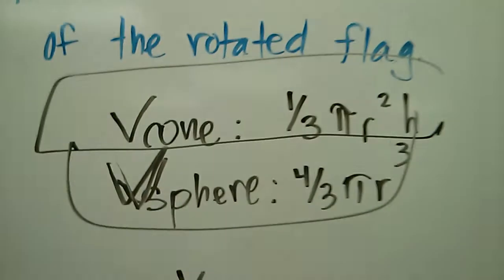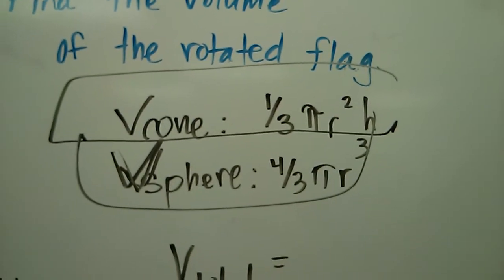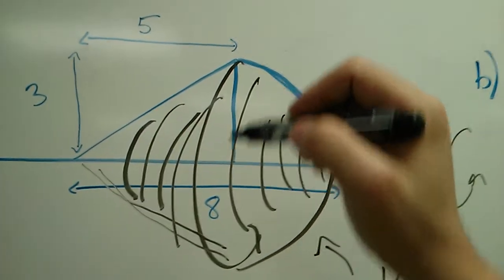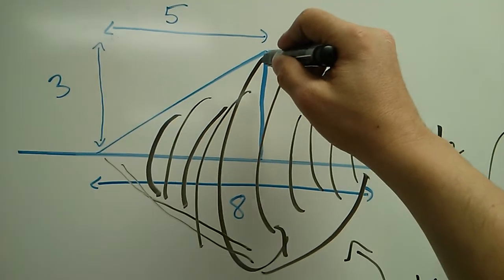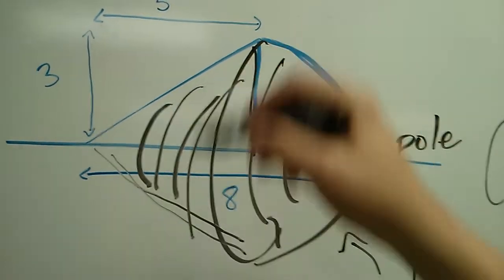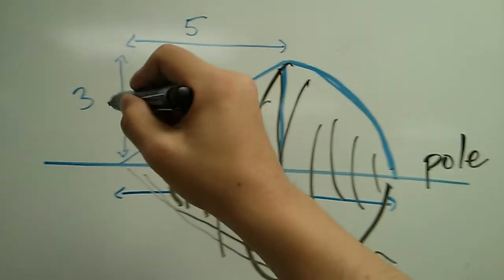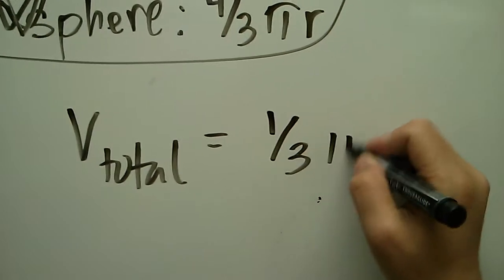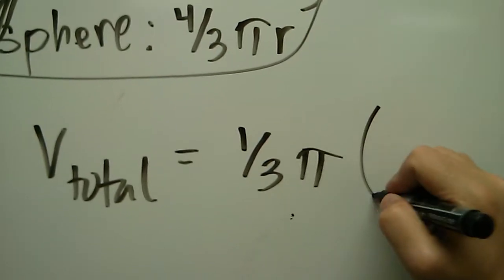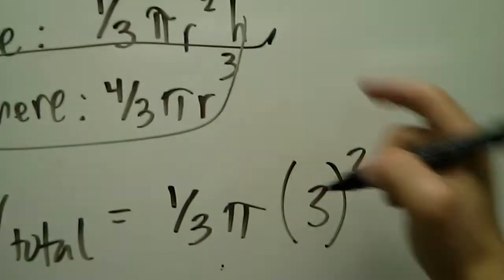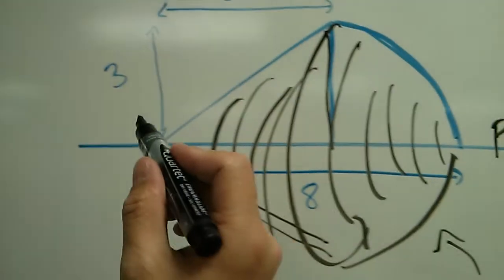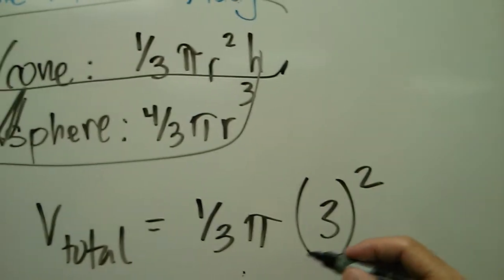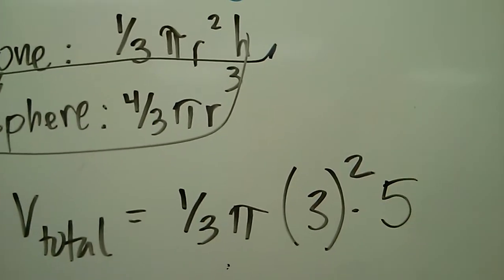is going to be the volume of that cone, 1/3 pi r squared h. So look at this. What is r? R is the radius, this region right here that goes around and makes this circle, and that radius we know is 3. So the volume is 1/3 pi r, so r is 3 squared. H is the height of the cone. We can see it's this distance here, which is 5. So 1/3 pi r squared h plus